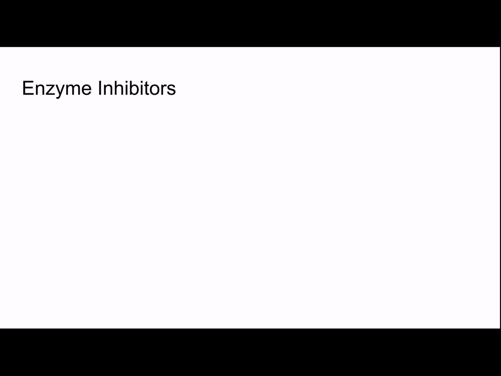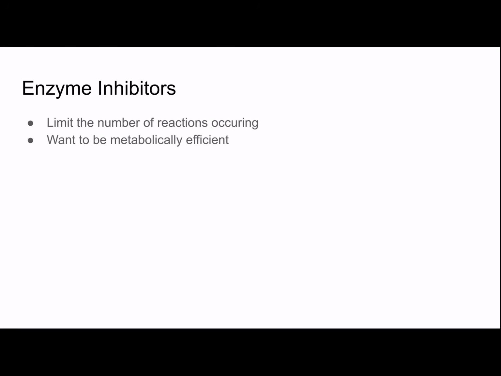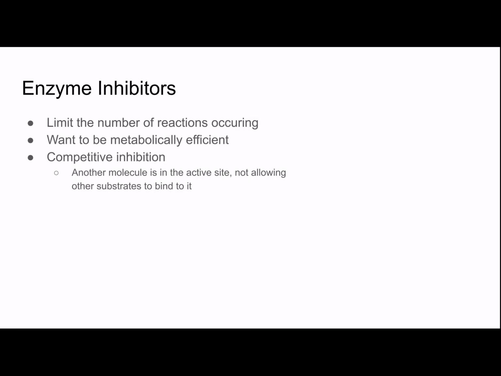Enzyme inhibitors act to limit the number of reactions occurring. Again, we need to keep in mind that our cells want to be metabolically efficient. So we don't want reactions to be occurring that are not necessary, because that would just be wasting energy and resources. So competitive inhibition is when another molecule is in the active site, and that doesn't allow other substrates to